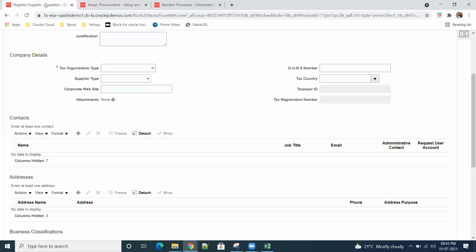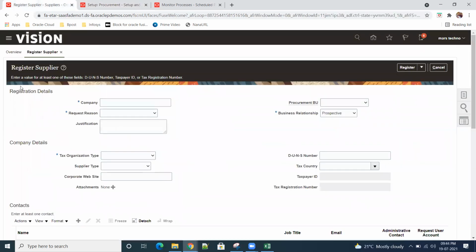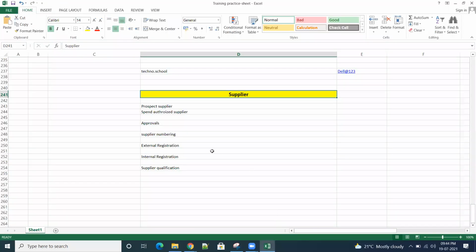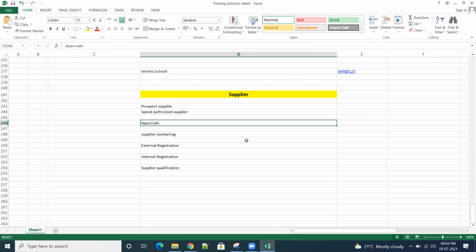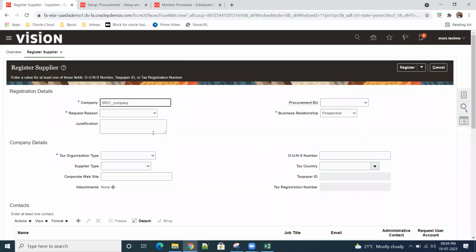So now we'll see the internal registration. So company. Let us take our SR01. And Ramu, will there be any approvals on this registration also? Yes, that is what I said about approvals, right? When I was giving the demo. Yeah, approvals are there. Okay.